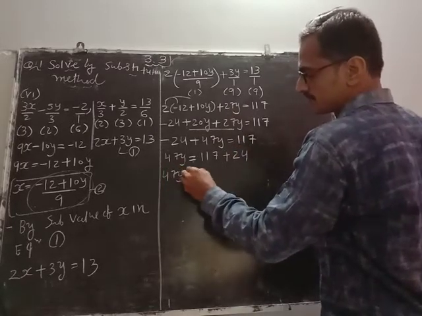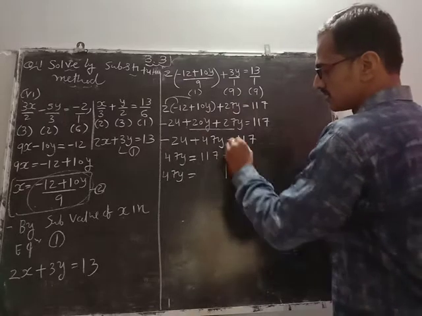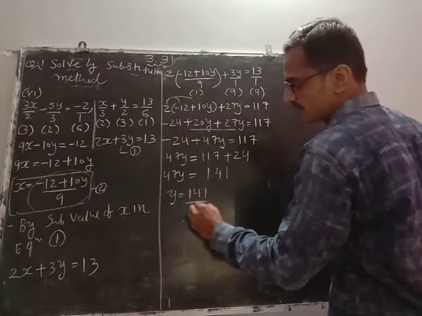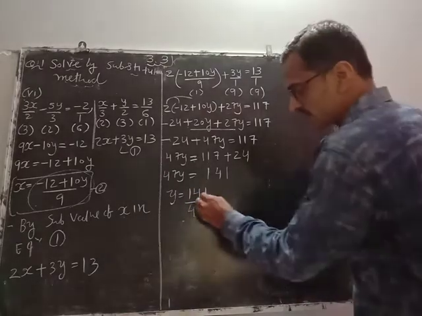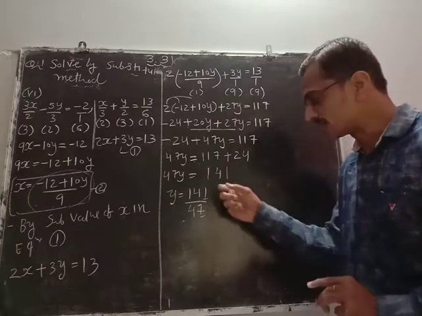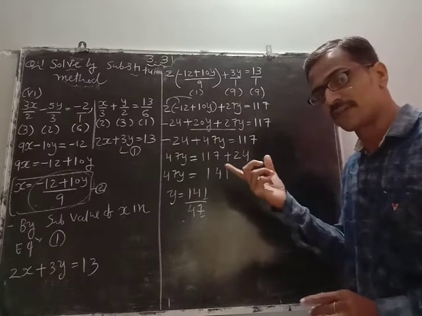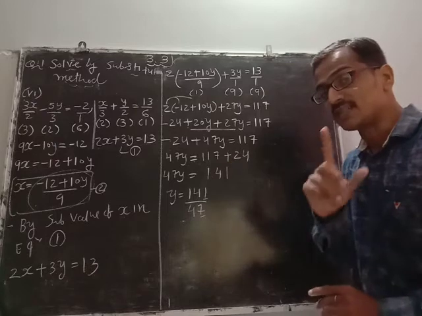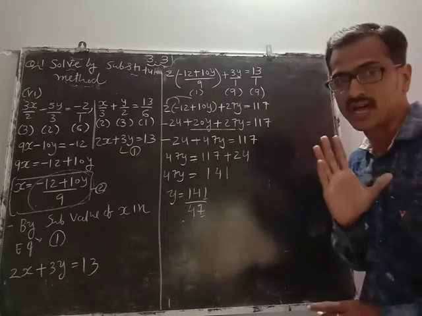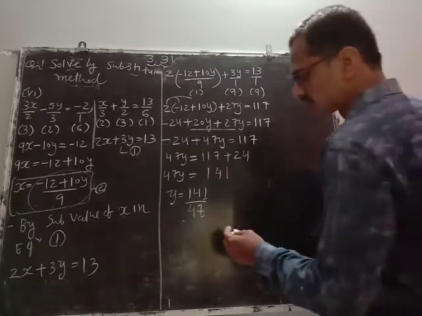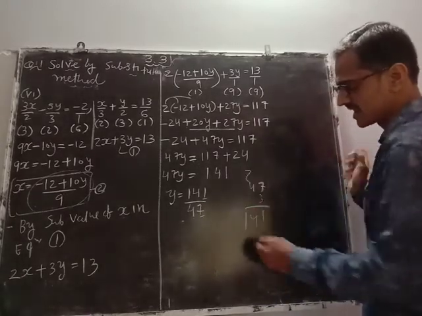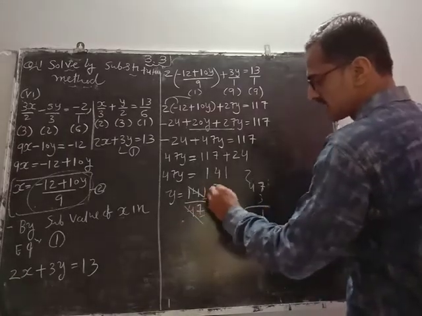So 47y equal to 141. Y equal to 141 divided by 47. So it will be divisible by 47. Check it out. Unit digit 1, unit digit 7. In the table of 7, which number comes such that the unit digit is 1? See, 7 1s are 7, behind it 7 came. 7 2s are 14, behind it 4. 7 3s are 21, behind it came 1 in 21. So 47 3s are 141 is possible. So just divide 141 by 47 and multiply 47 with 3. 3 7s are 21. I am getting 141. So 47 3s are 141.